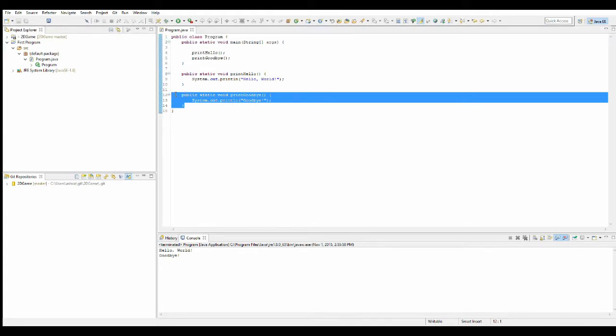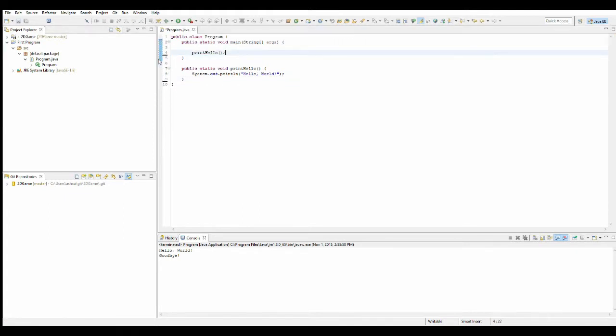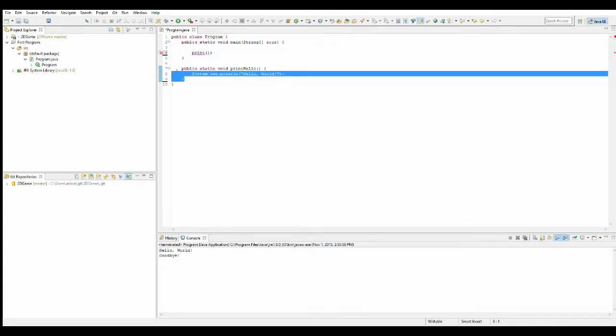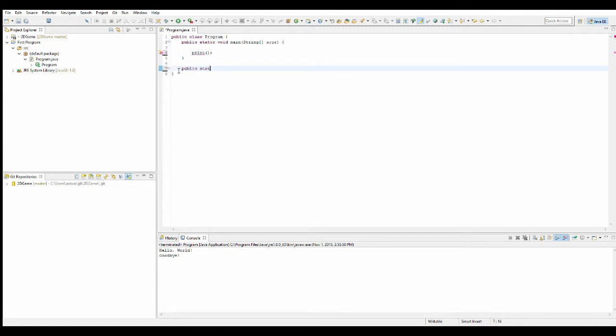Instead of having two separate methods, we could remove one of them, get rid of this, and then just go back to print like before, and delete all this, and just do public static void print, and then inside these parentheses right here, inside there we can just type string s, and now that is an input to this function. So basically what you can do, see it's giving me an error because that's saying that method doesn't exist. You need to add something in there, so we can just say print